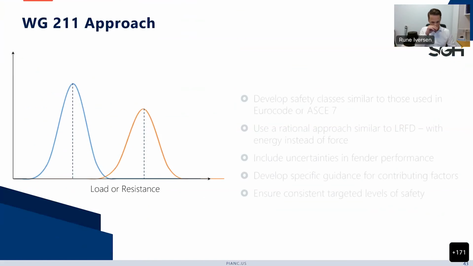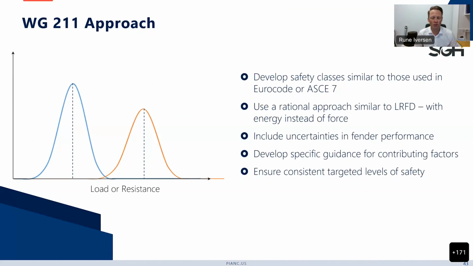So Working Group 33, or Working Group 211, we took the approach of doing a statistical and reliability-based approach to how to select the abnormal berthing factor, or now the energy factor. So we started by developing safety classes similar to those that are used in the Eurocode or ASCE 7 here in the United States. We want to use a rational approach similar to load and resistance factor design, but we're using energy instead of force in our calculations. We wanted to include uncertainties in fender performance, develop specific guidance for the contributing factors, and ensure consistent targeted levels